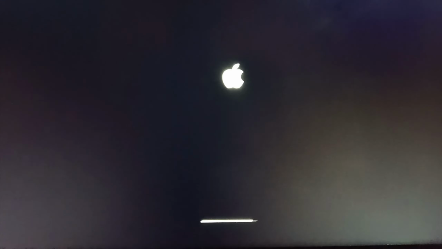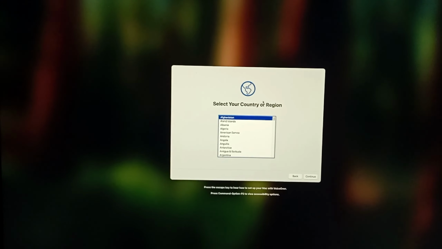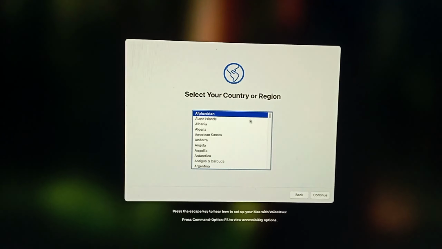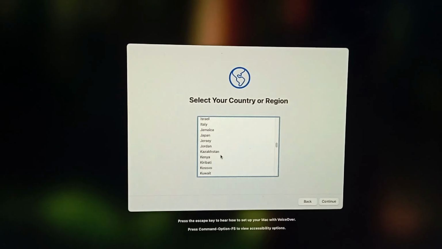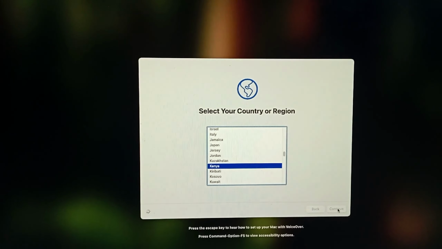Let me just pull that keyboard away. So any moment from now we will see our mouse cursor. So, and there we go, guys. So this is our setup screen. So let me set my country right there. Click on continue,